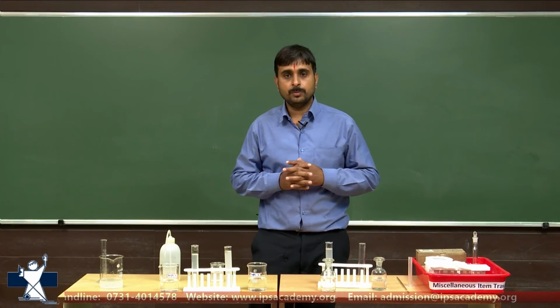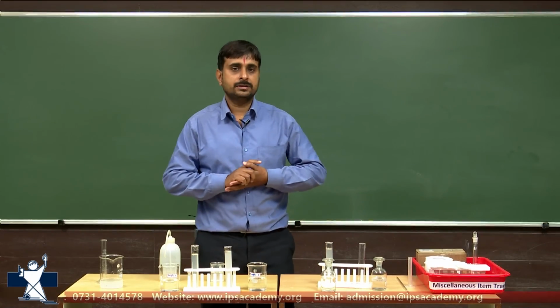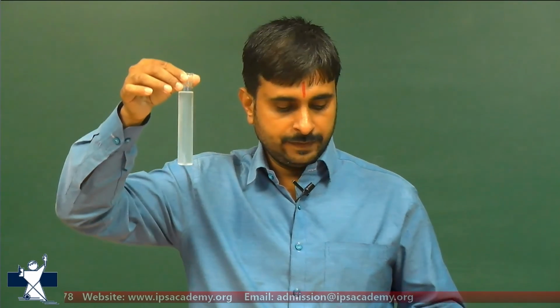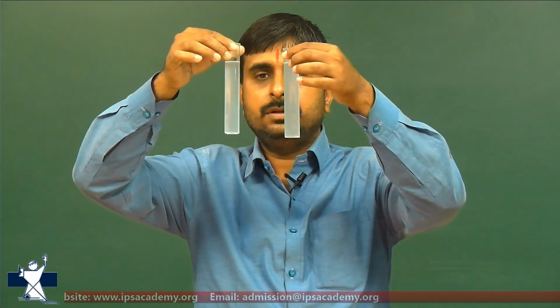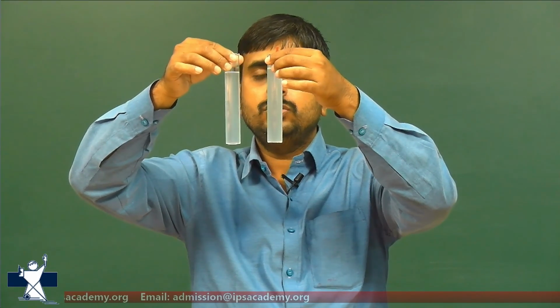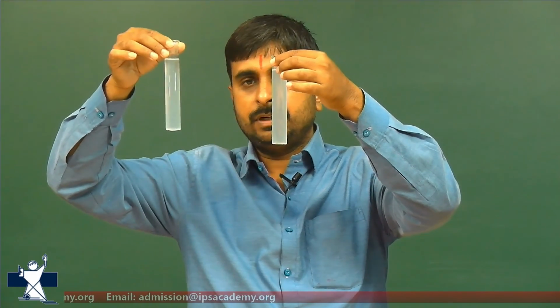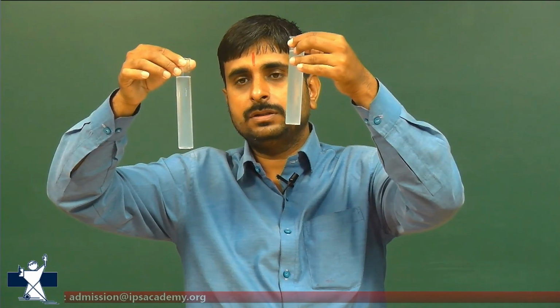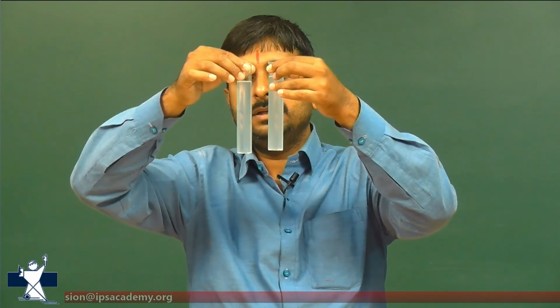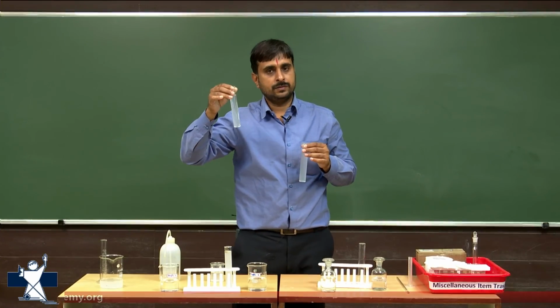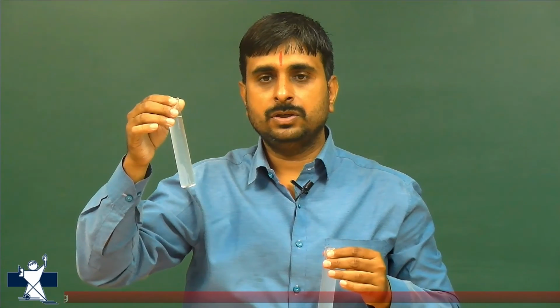After 5 minutes, we are observing the 3 Nessler cylinders. We are comparing sample A turbidity with our standard one, and it is looking lighter as compared to the standard. This is what we are observing for sample A and this is what we are observing for the standard. We can see it is lighter, no huge difference. So, we call sample A to pass the limit test of sulphate, as it has less concentration of sulphate as compared to the standard one.